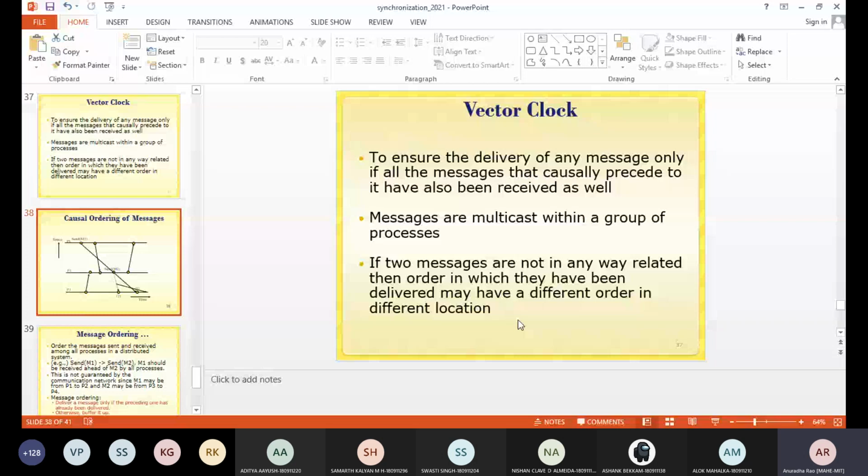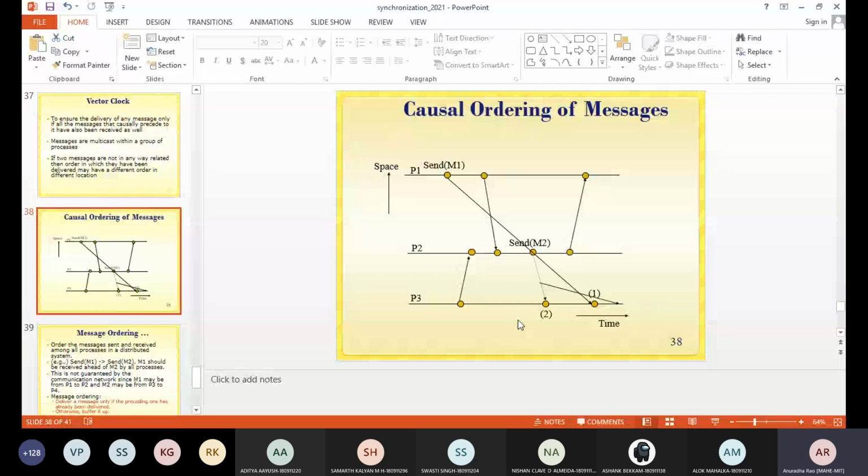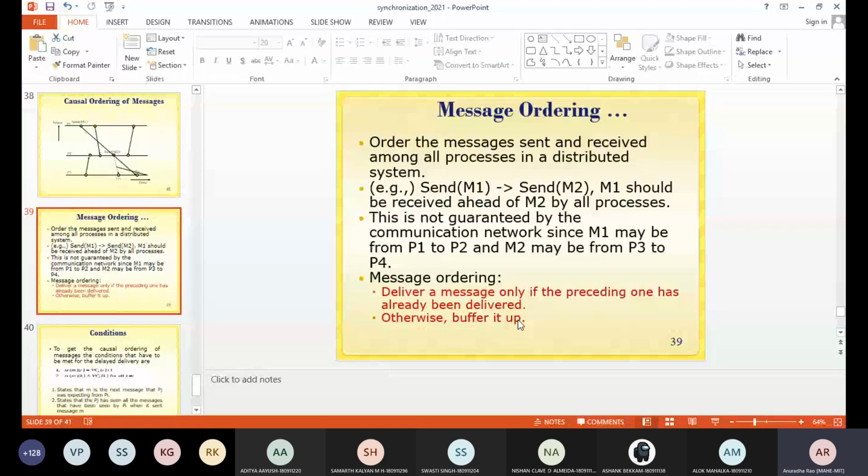Suppose this is the scenario where you have different messages sent from different processes to each other, but while receiving, how they have to be ordered. For that, whether any messages have to be delayed or not has to be decided.